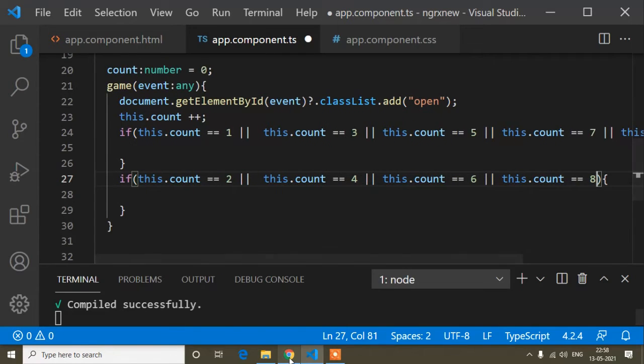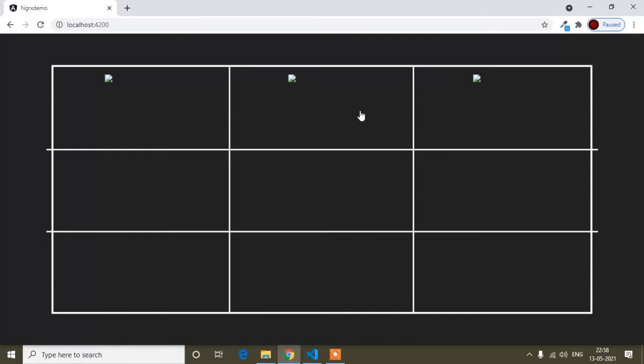So suppose guys, if I click anywhere, when the user clicks the first time, the cross or the 0 icon, whichever you want to show, that depends on you. Suppose I want to show the cross when the user clicks the first time. So first time means the count is 1.